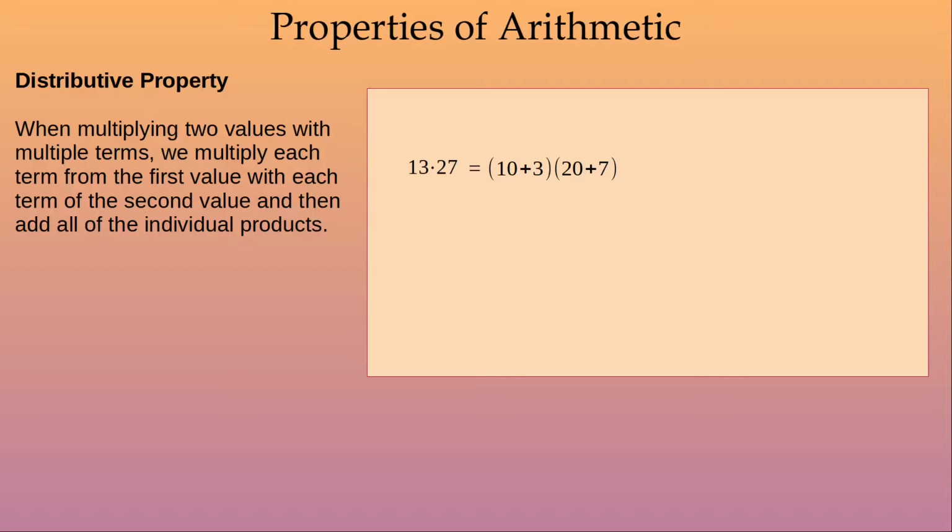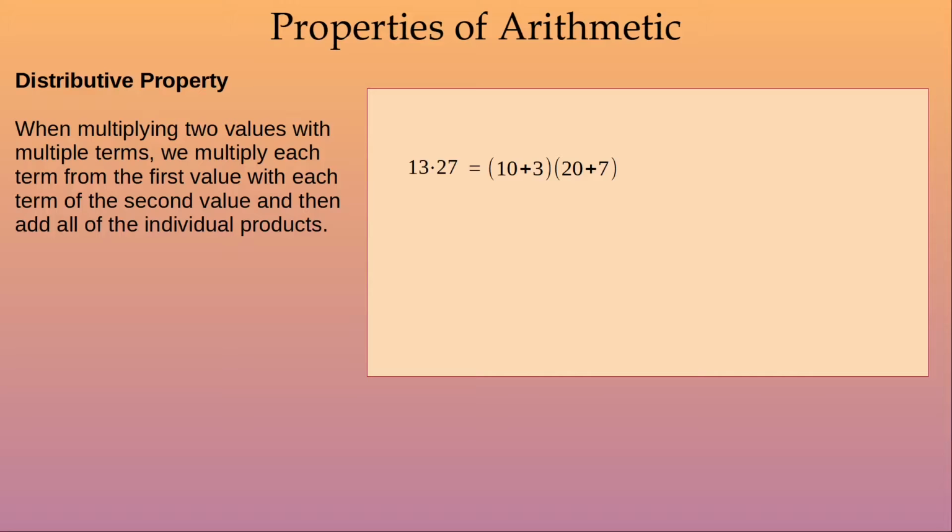So we're going to split 13 into 10 plus 3, and we're going to split 27 into 20 plus 7. So I'm just doing the tens and the units. Now, according to the distributive property, I have to multiply each term from the first value by each term of